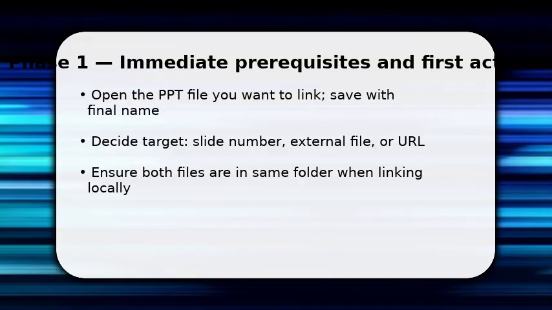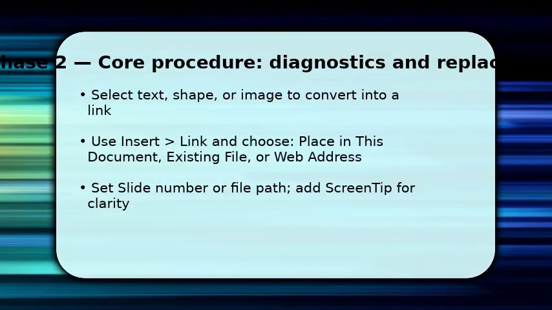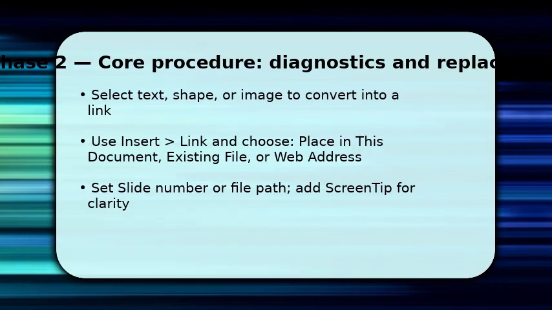Now you're ready for the first actionable step, selecting the object that will become your link. You now create the actual link. Select the text, shape, or image you want to make clickable and choose Insert then Link. Pick the appropriate target. Place in this document for a specific slide, existing file for another presentation, or web address